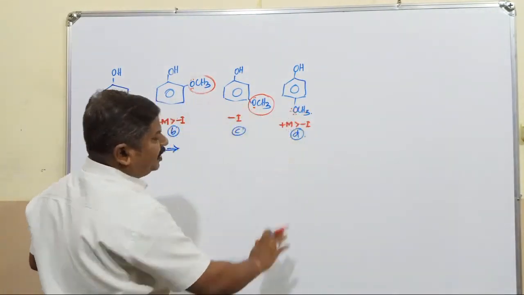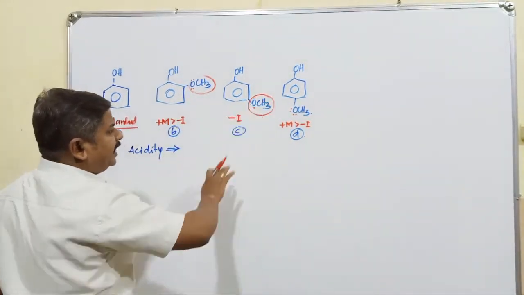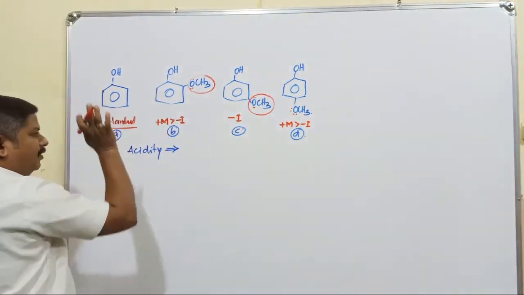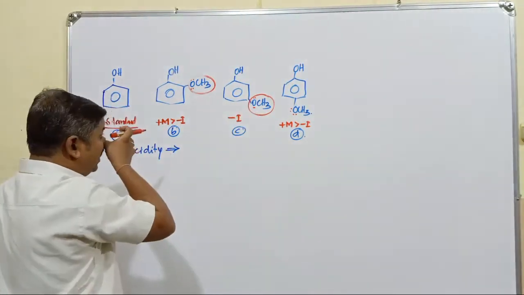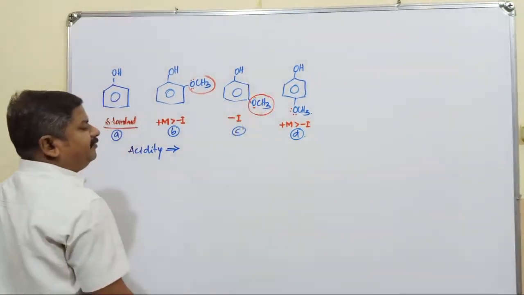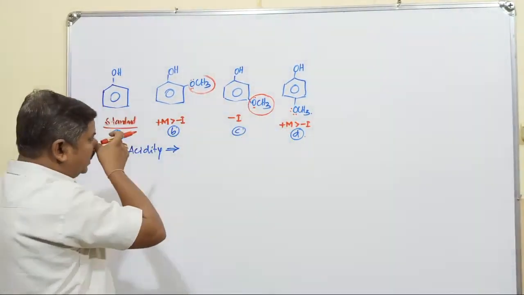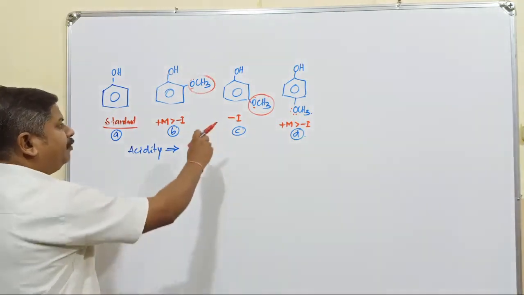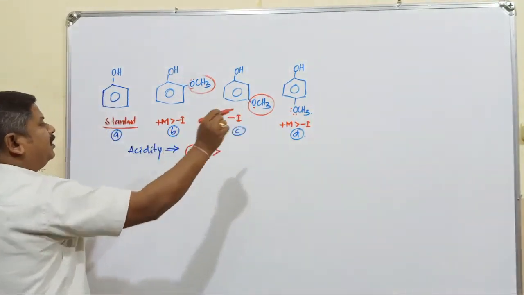One thing to be remembered in the case of these examples: these are electron releasing groups. Presence of an electron releasing group always decreases the acidity of the compound. So these compounds are going to be less acidic when compared to phenol. But one exception is meta-methoxyphenol, the 3-methoxyphenol, which does not exhibit a plus M effect as in the first, second and last examples. It shows only the minus I effect. Minus I effect means an electron withdrawing group is considered. Because of that reason, this compound C is going to be the most acidic compound out of these four.